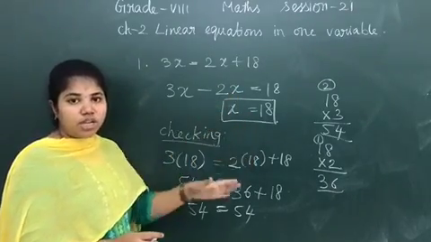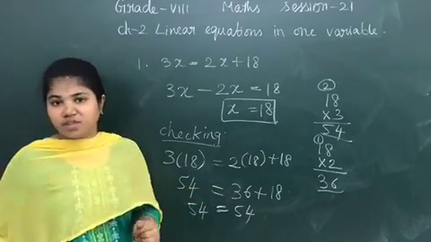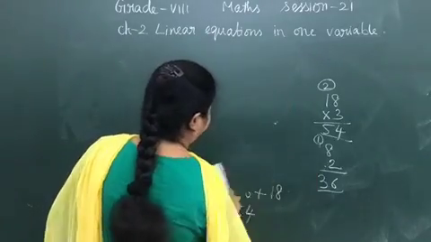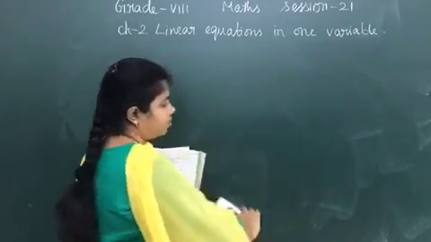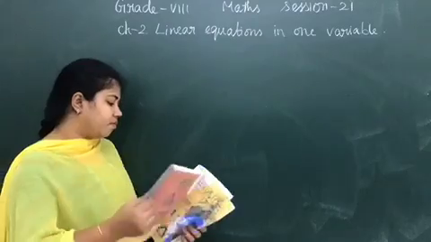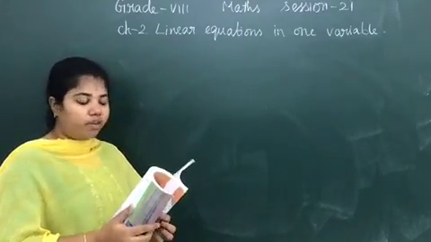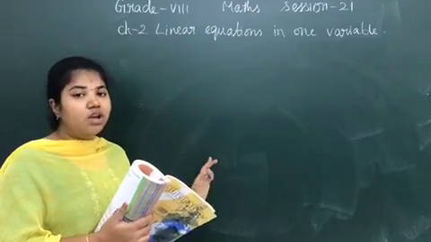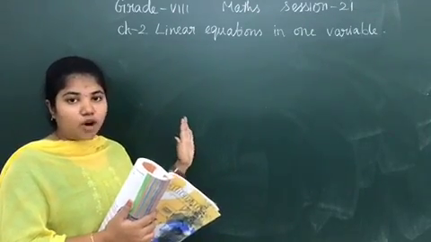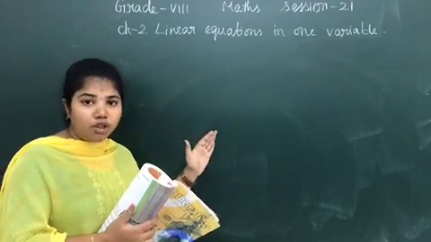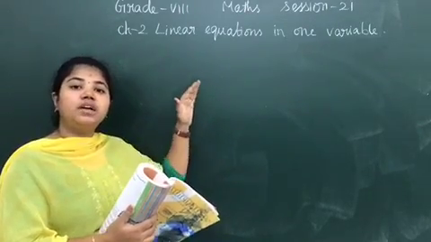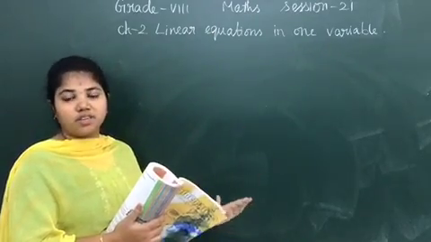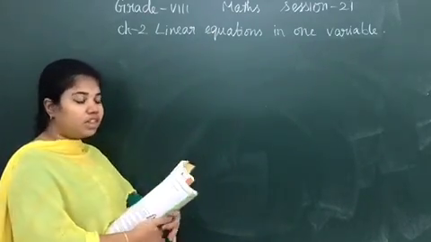Can you understand the question completely? Okay, now let us move on to the next question. The second question will be your homework. 5t minus 3 is equal to 3t minus 5. The same as the first one. Take all the variables to one side, take all the numbers to the other side, find out the value of t, then substitute in the question and check whether the LHS is equal to RHS. Okay, the second one is your homework. Now see the third one.